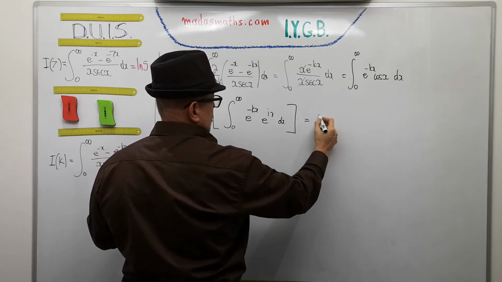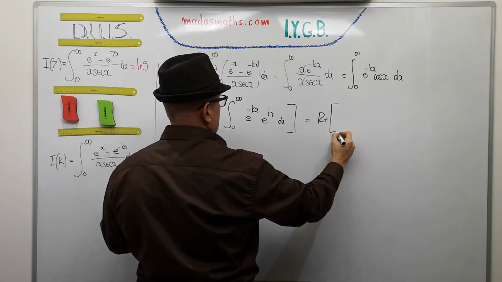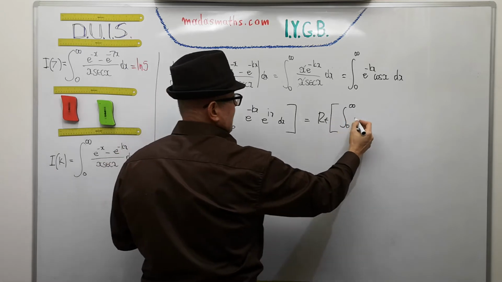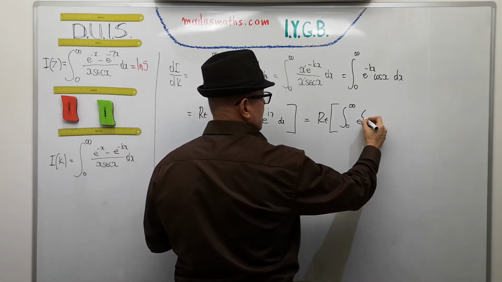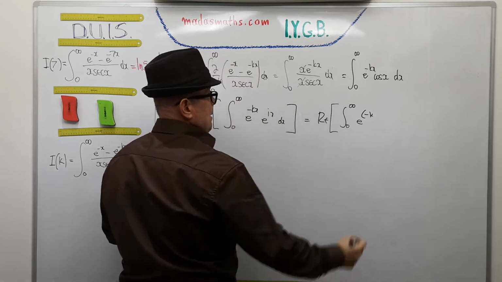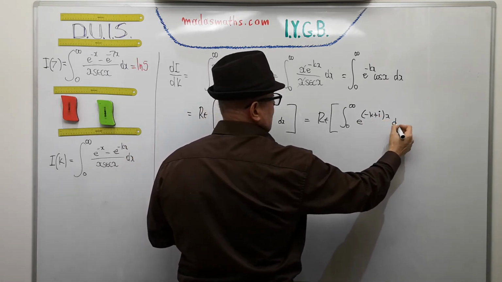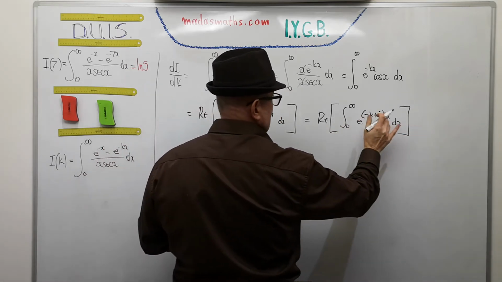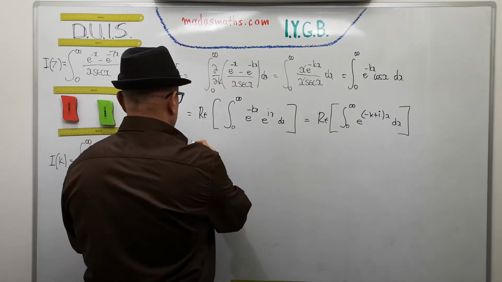Compact now your integrand. So we got the real part of the integral from 0 to infinity, and this I can write as e to the power, I'll put the x as a common factor, so I'm going to have minus k plus i, lots of x on the exponent, dx. I'm going to integrate that now, still the real part